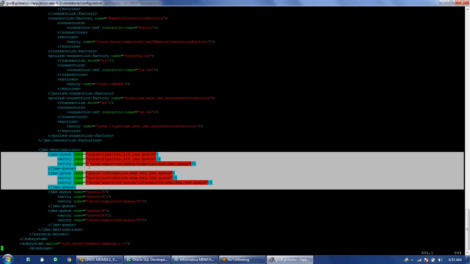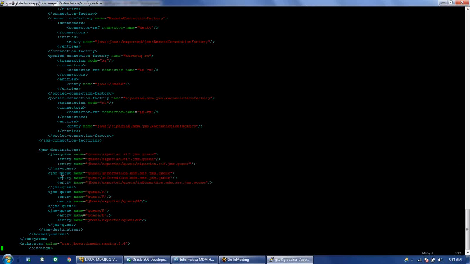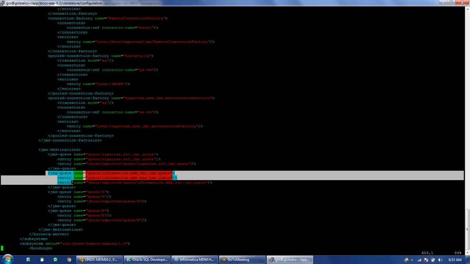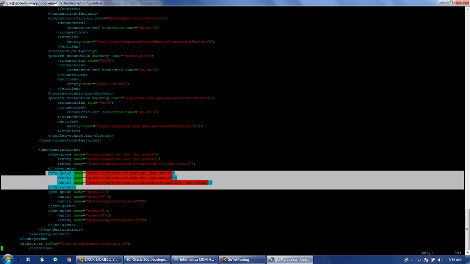After that, we have to create some outbound queues. An outbound queue is basically used to publish the data to the downstream systems. For the outbound queue, we just have to copy this tag. For example, we have this JMS queue, whose name is Informatica MDM SSS JMS queue.